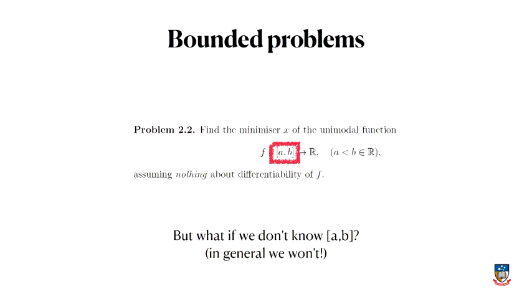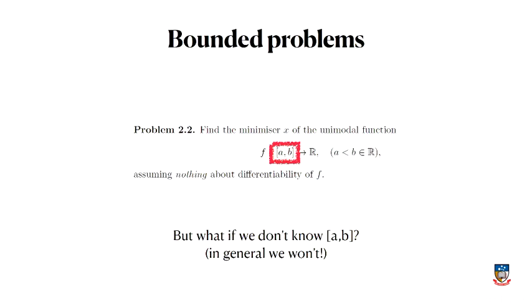Okay, so we've talked about these bounded problems, where the big feature is that we assume we know nothing about the differentiability of f, which is nice, but we assume that our function maps from some closed interval a, b, onto the real numbers. And actually, if you think about it in terms of practically doing optimization, particularly if you've just got a black box function, that's not particularly useful in a lot of ways. In general, you're just handed some piece of code that takes in numbers and spits out other numbers, right? Maybe it's some complicated weather model or a disease model, or some computer graphics thing, or some algorithm for playing chess or whatever,